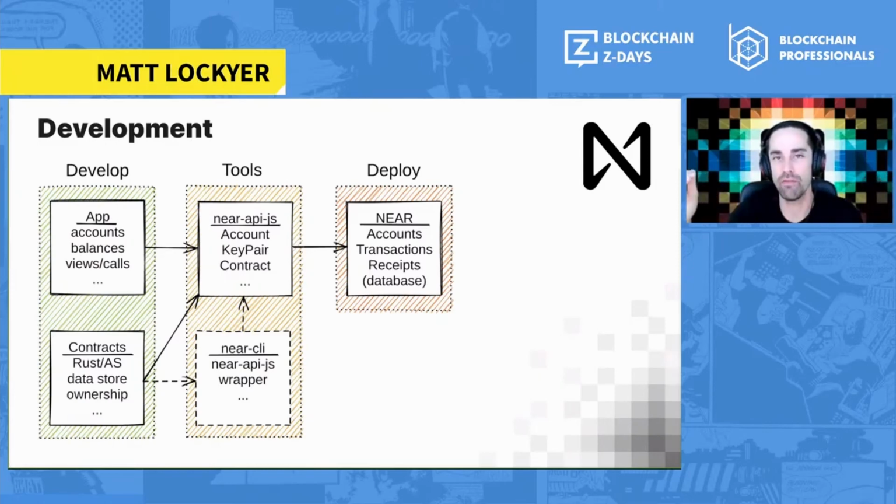Your users are going to have various accounts, kind of like bank accounts, and they're going to be accessing different data structures, which would be different account types. Over here, I have a credit card. Over here, I have a safety deposit box. Over here, I have a high interest savings account, things like that. So you as the developer are going to have to create an app where you have accounts, balances, and